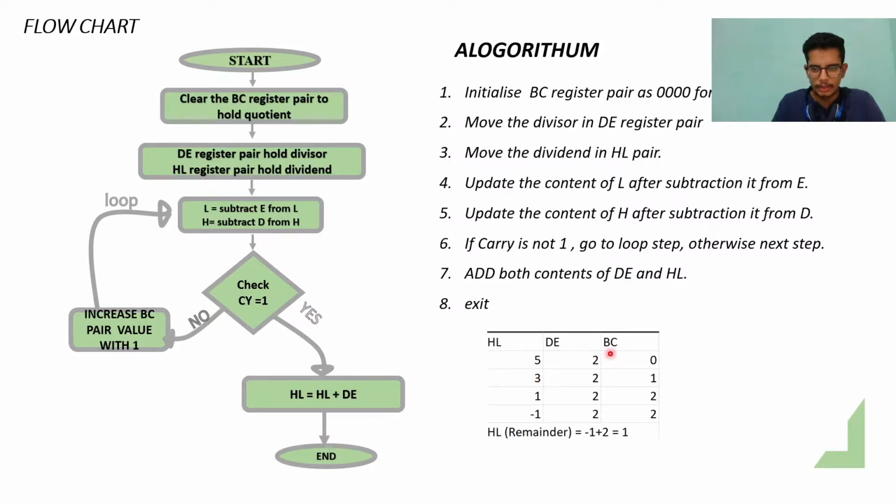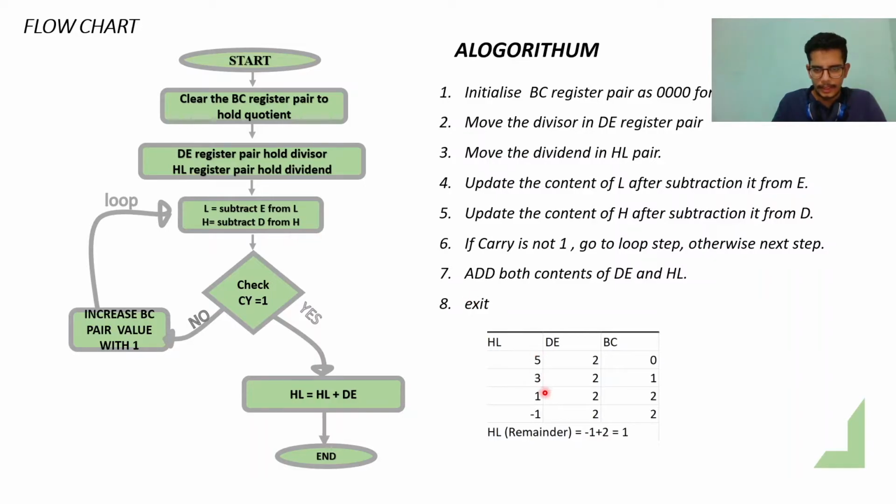As we can see there is no carry involved here, so we will increase the BC value by 1 and come to the loop step again. So we will increase the BC content by 1, and after the subtraction is performed again it will become 1, and we will check whether there is a carry or not. There is no carry involved here also, so it will increase BC again to 2, and now we will subtract